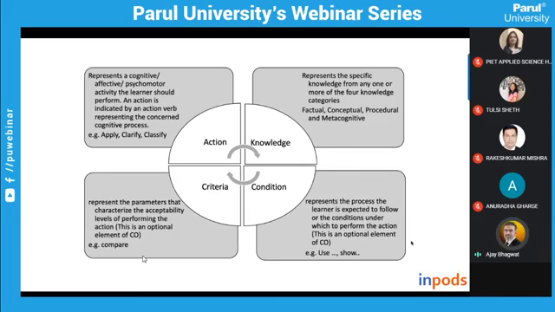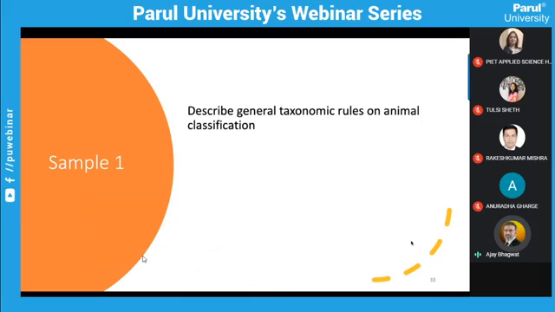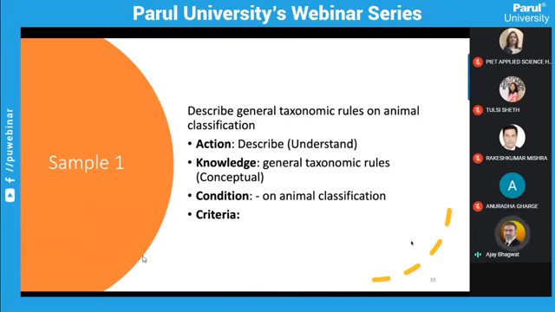And this is the technique. Knowledge, action, knowledge, condition and criteria is used by us to come out with the statements of course outcomes, which are appropriately designed, which inherit the properties of the program outcomes and the course outcomes, and continuously it inherits the requirement of the teaching knowledge and learning knowledge by the students.